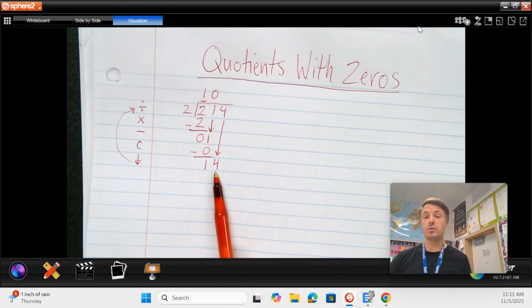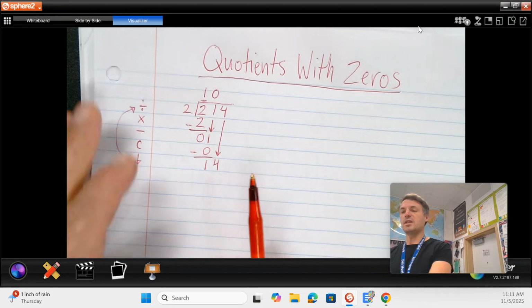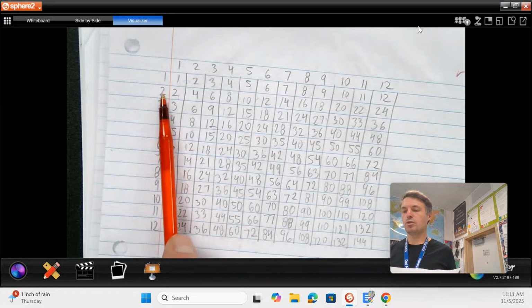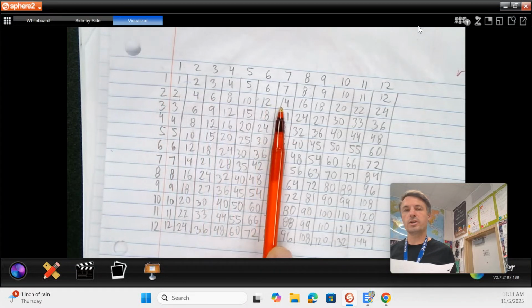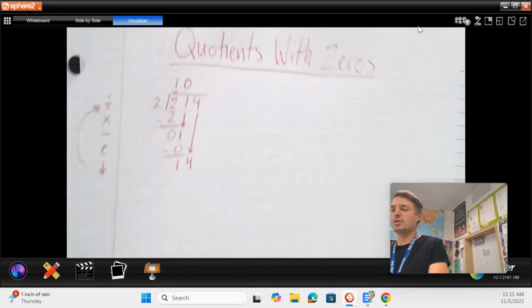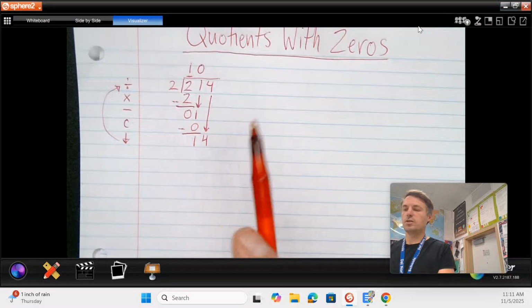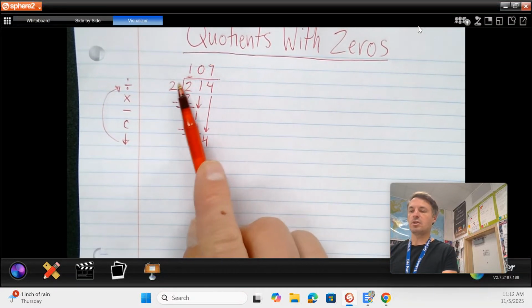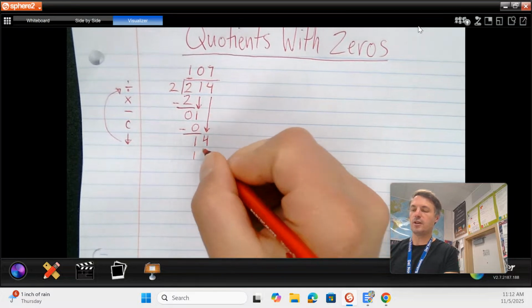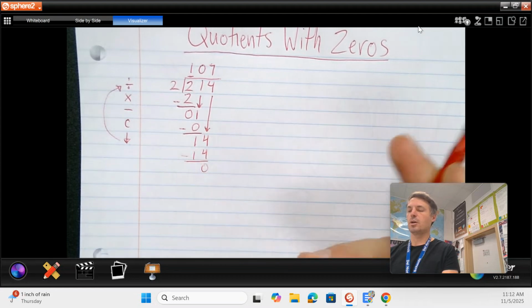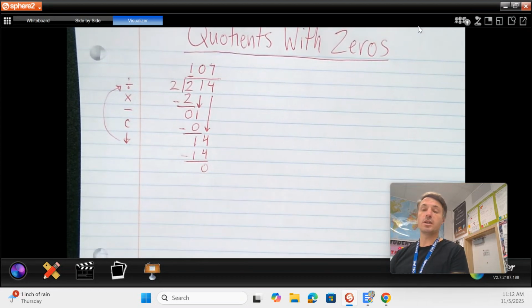Well, if you know that 2 times 7 is 14, you know how many times 2 can fit into 14, 7 times. But if you don't know that, you can use your times table chart. Look, you start at 2, you go to 14, and then it fits in 7 times. So 2 can fit into 14 7 times. If we multiply, 7 times 2 is 14. Then we subtract. 14 minus 14 is 0, and there's nothing left in the dividend that we can bring down,